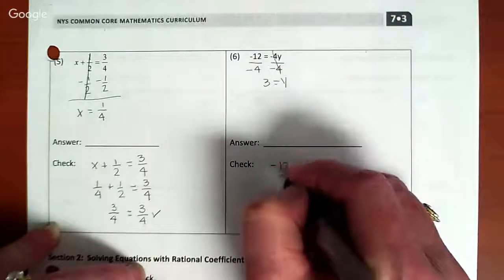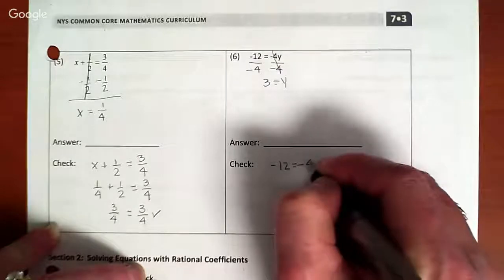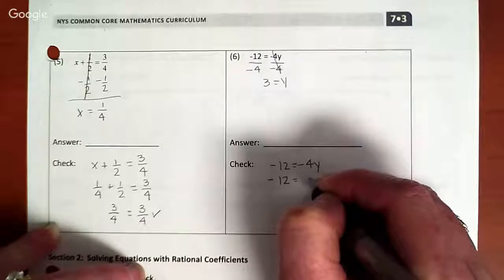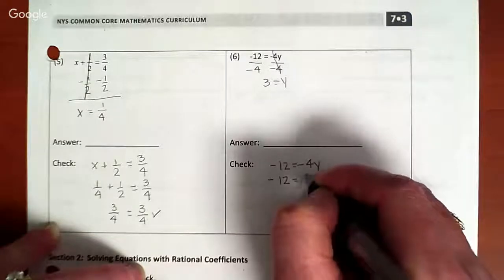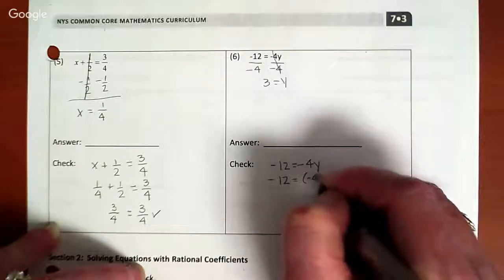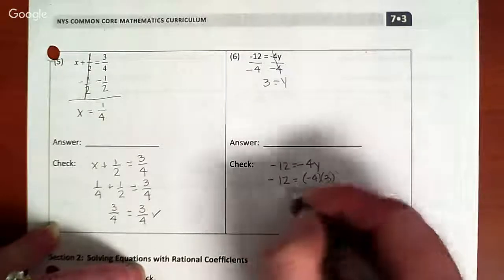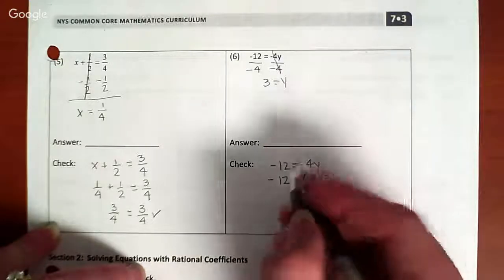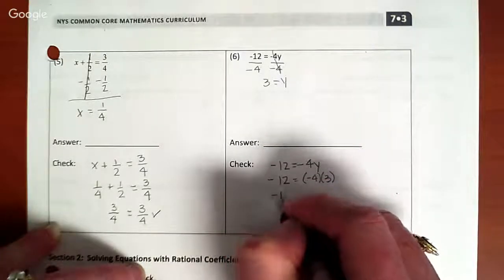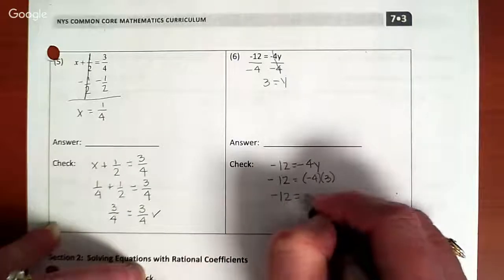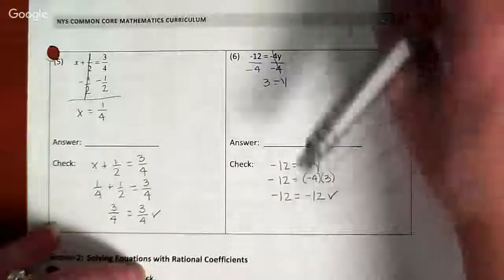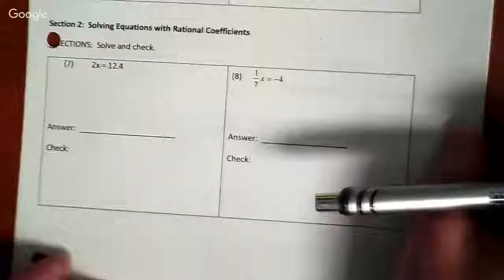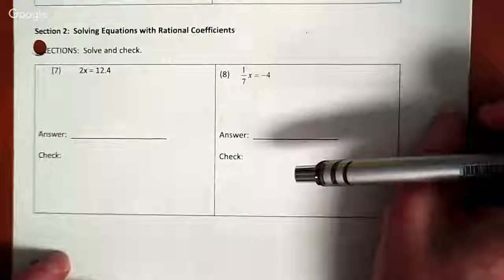So negative 12 equals negative 4y. We're going to replace. You really don't need the parentheses on one of them, but I like to put that in there just to set them off. And our answer is negative 12, and it's correct. Next, we have